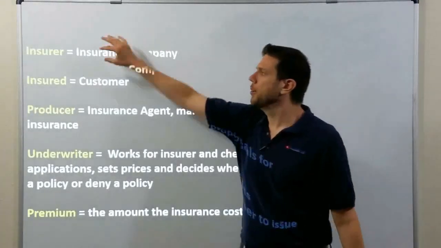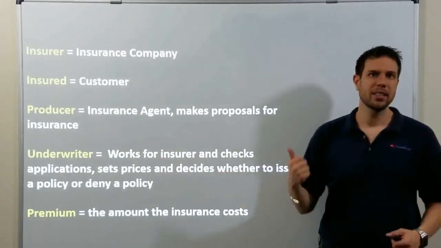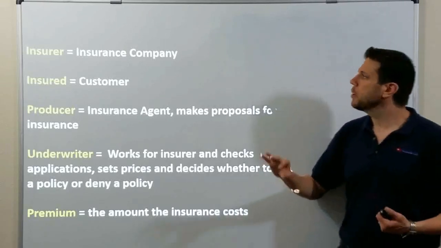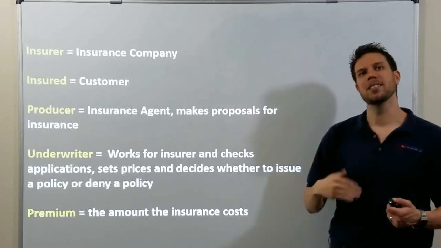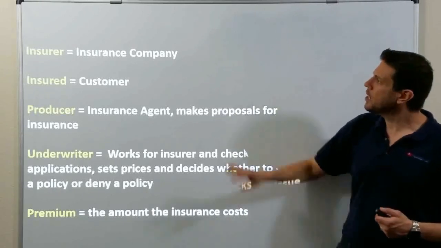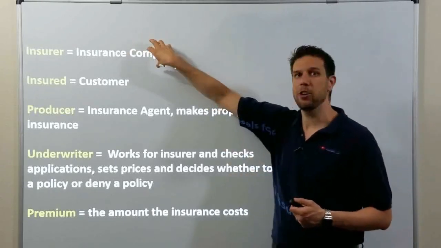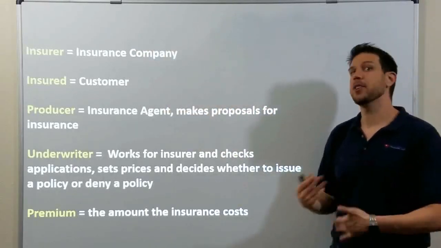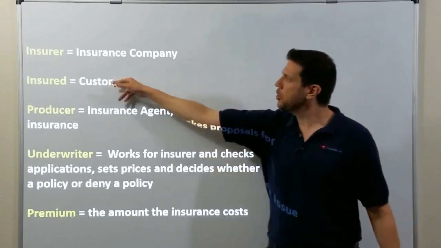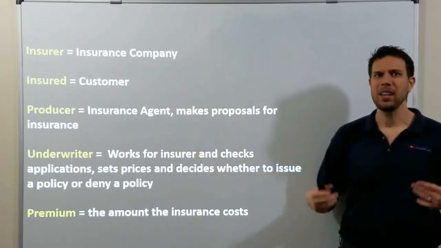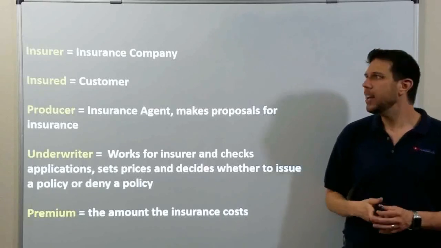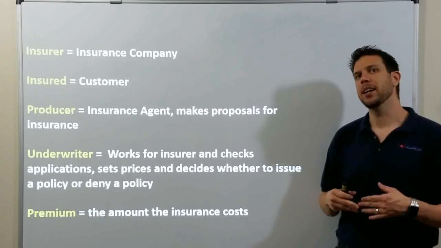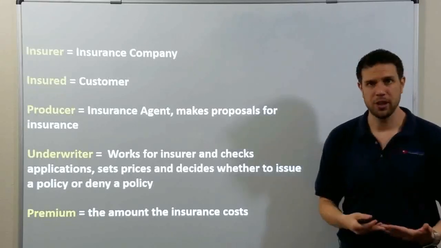The insurer is the insurance company. State Farm, Allstate, Farmers, Nationwide, Geico, pretty much any insurance company is known as an insurer. Sometimes you'll hear me say the word insurance carrier or carrier. That is an insurance company as well, just different terminology. The insured is the customer. That's who's buying insurance. I enunciate the D in insured that way so you know what I'm saying, but the correct way to say that is insured.